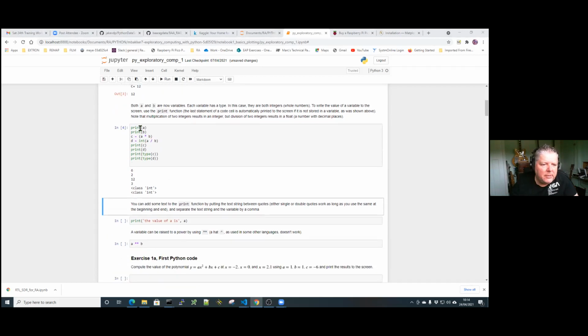So this particular section here, we're printing the A and the B out, whereas you can see there, C equals A times B, D equals A divided by B. We've already done that. Print C, print D. And then I'm also printing out the types of these objects to show you that they're both integers. Whereas C, if we do, sorry, D,